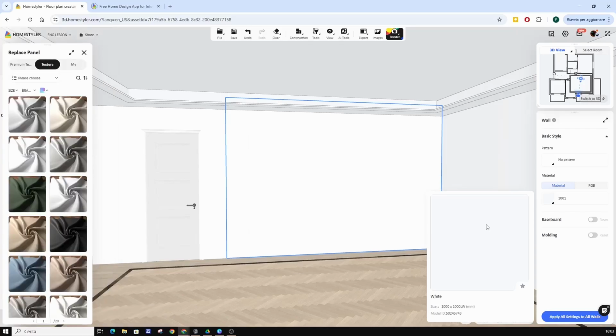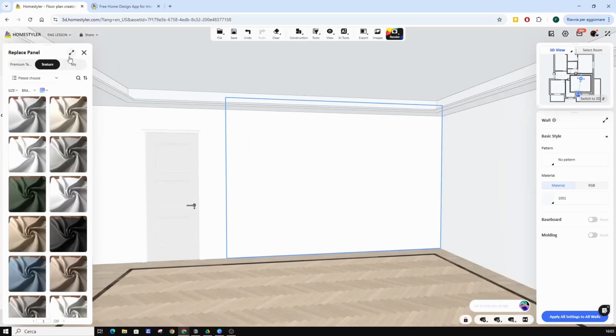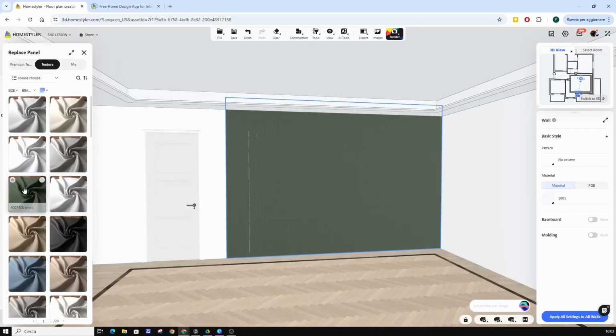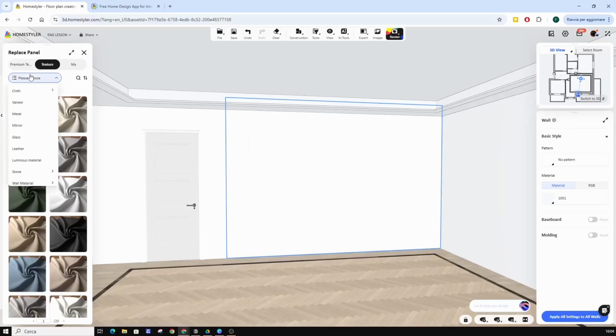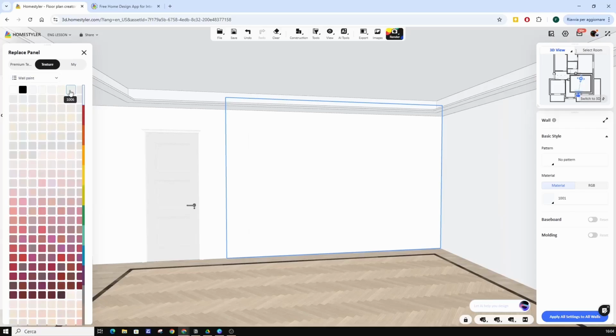Once selected, the list of available materials opens on the left. By moving the cursor, we can preview the materials automatically applied. Let's go to Wall Material, where under Wall Paint we have a palette of colours to choose from, for example, this one.